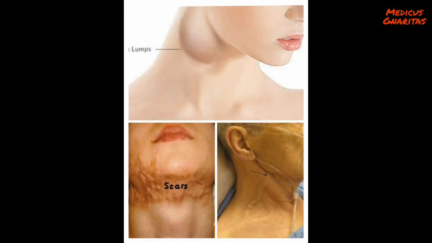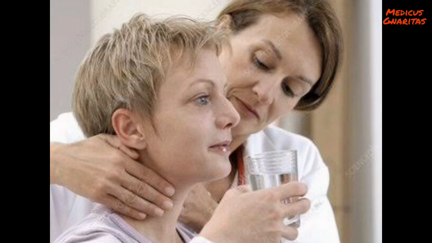The first part we are going to discuss is the neck. Inspect anteriorly and laterally, and note if any lumps, asymmetry, or scars are present, and also observe for any distended neck veins. If any lump is seen, ask the patient to take a sip of water, hold it in their mouth, and then swallow. These three commands give the examiner time to position themselves to watch the neck lump on swallowing.